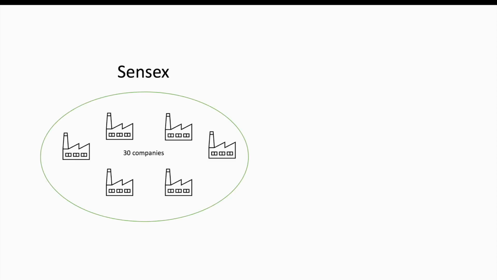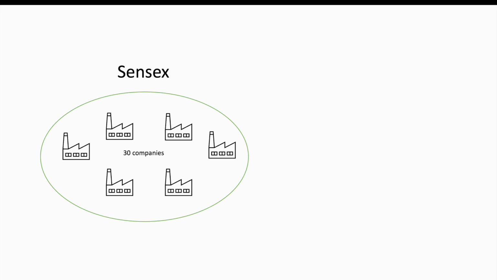Now, when people come and say that, okay, I'm okay to trade all these shares, but how do I judge the sentiment of the market? How is the market doing? What do I call stock market? How do I judge the performance of it? So what they said is, okay, we'll take the top 30 or 50 companies, right? We'll identify the different sectors of production in the country, match them based on their weightage, right, and come up